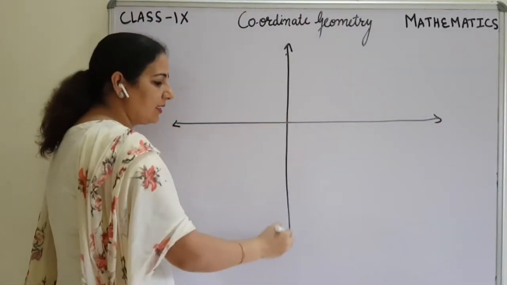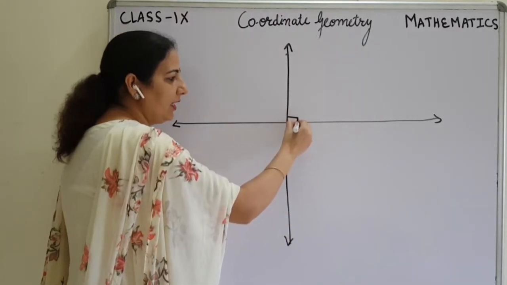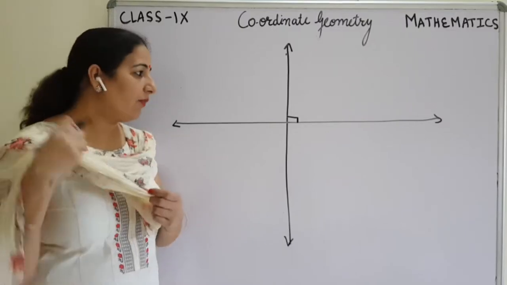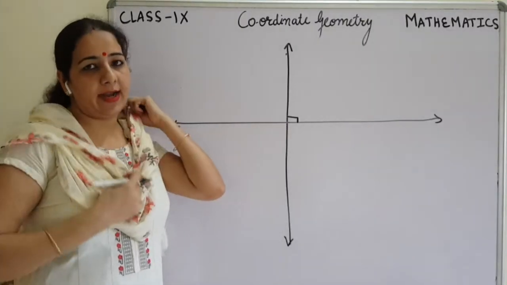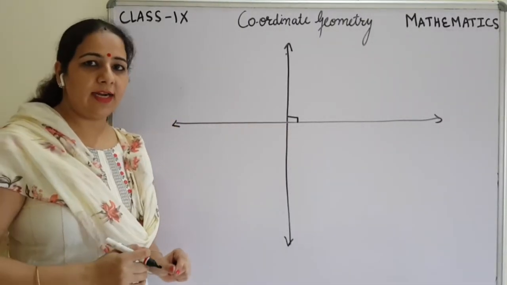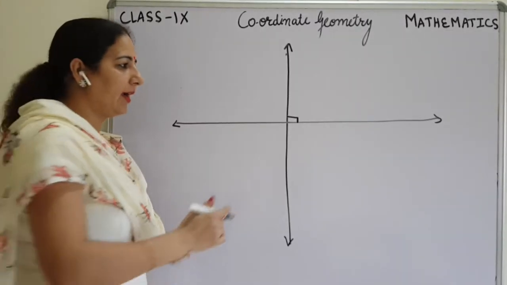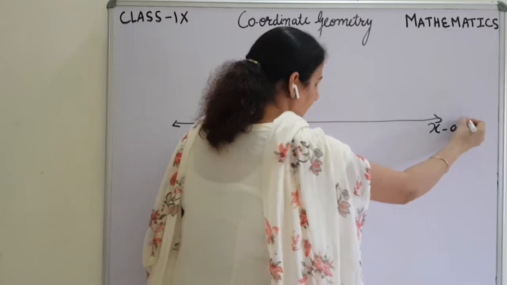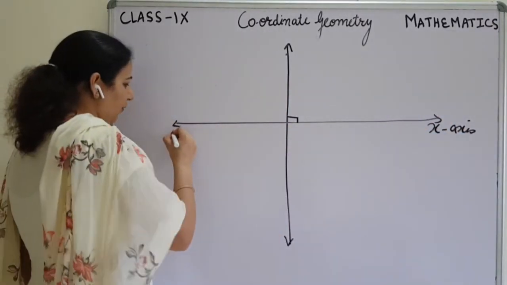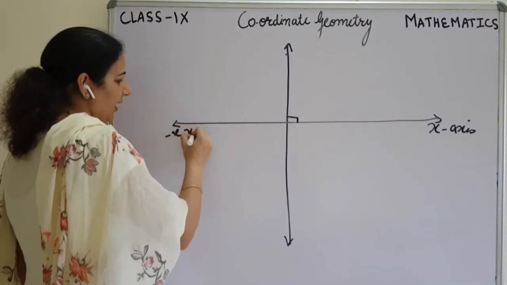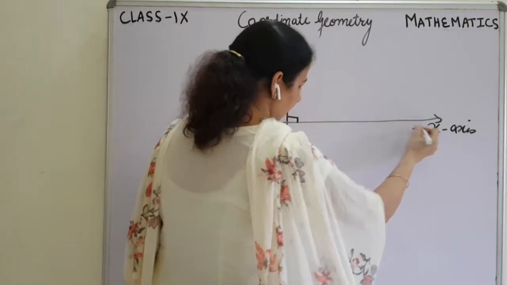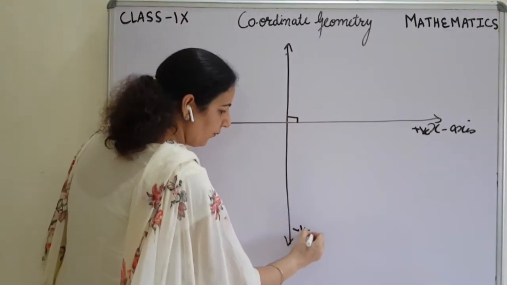When the x-axis and y-axis intersect each other at 90 degrees, a question can be like this: at what angle do these two lines intersect? So these two lines intersect at a 90-degree angle. This line is known as the x-axis, and this is the negative x-axis, and we can say this is the positive x-axis, negative y-axis,